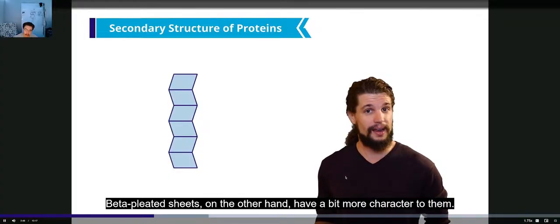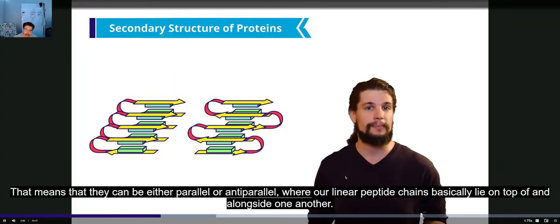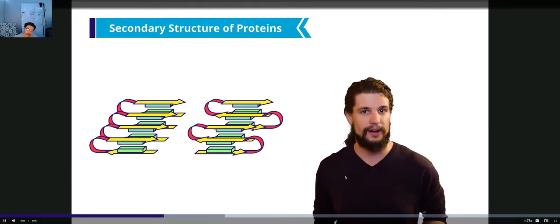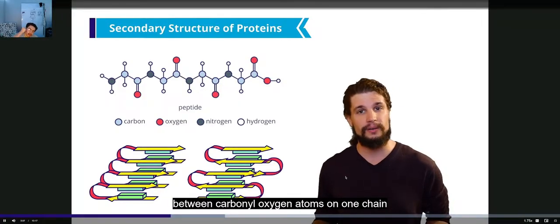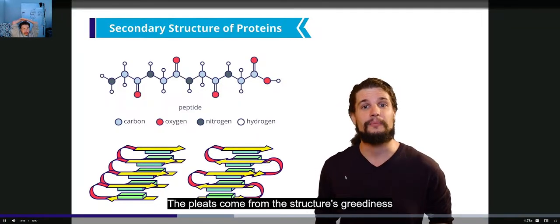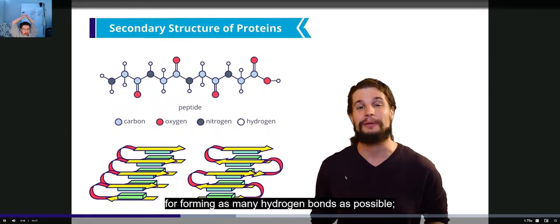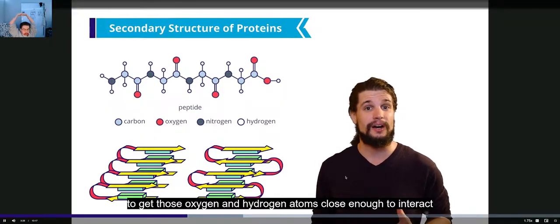Beta-pleated sheets, on the other hand, have a bit more character to them. That means that they can be either parallel or anti-parallel, where our linear peptide chains basically lie on top of and alongside one another. These create rows that are again held together by those intramolecular hydrogen bonds between carbonyl oxygen atoms on one chain and amide hydrogen atoms in the adjacent chain. The pleats come from the structure's greediness for forming as many hydrogen bonds as possible. It'll contort our sheets ever so slightly to get those oxygen and hydrogen atoms close enough to interact and stabilize